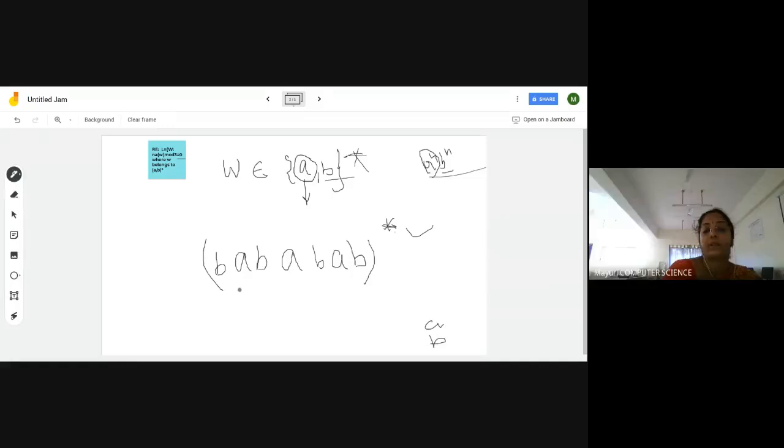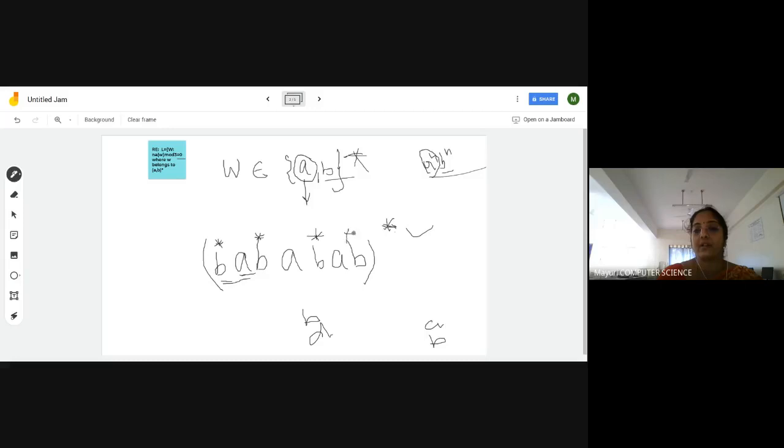No, ma'am. No, because it will accept the length one by default. So what I have to do, by default, this string is going to start with B, but we don't have any constraint. The string doesn't have to only start with B. It can start with A also. So for that, I can include star, meaning I can start with A also, 0 or more, right? This will accept with B also, or else it will accept with A also. Since I don't have a length constraint over B, put the stars for B.